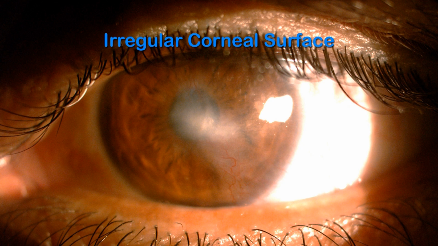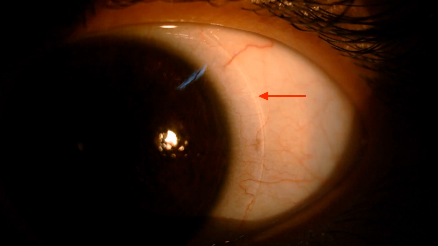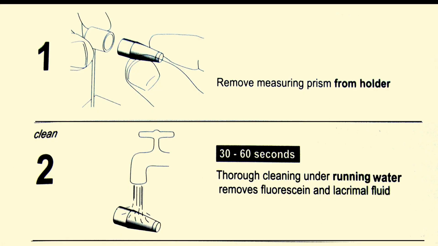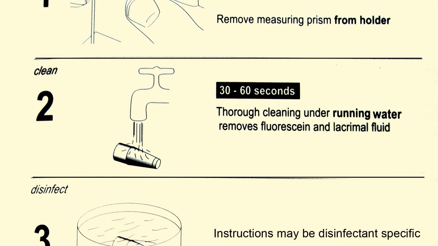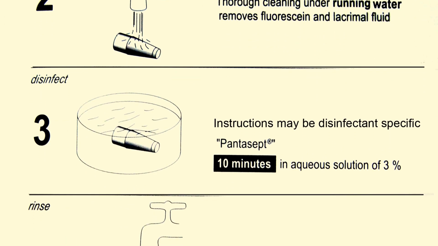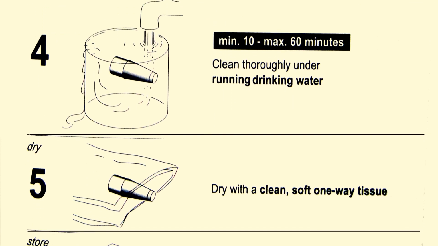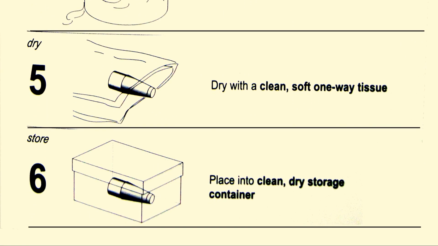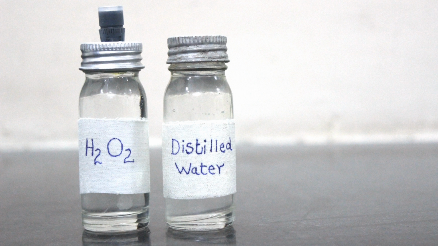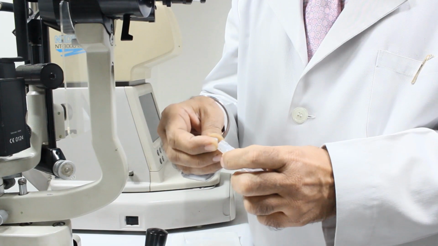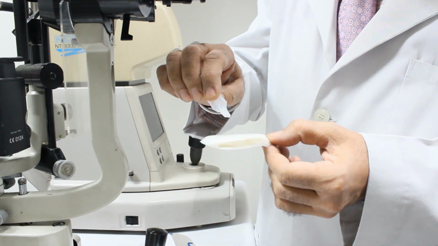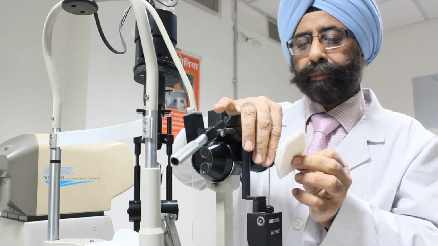In addition to these errors, procedure has limited value in irregular corneas and the assessment of pressure over contact lens is not feasible. Disinfection of prism is best done by home bleach, sodium hypochlorite, 3% hydrogen peroxide, mild soap or proprietary disinfectants recommended by the manufacturers. For cleaning in between cases, using hydrogen peroxide, dilute bleach or simply distilled water are the most practical. One should make sure that prism tip is dried before use to avoid getting excessively broad Mires.